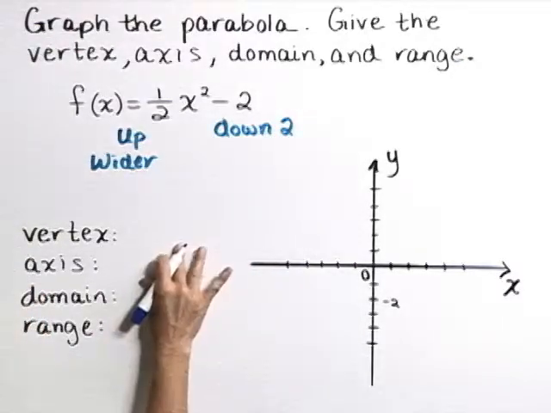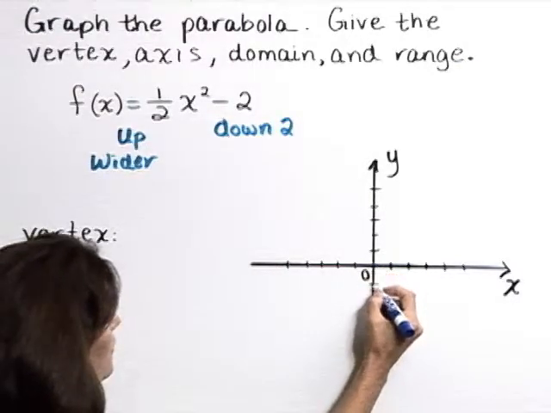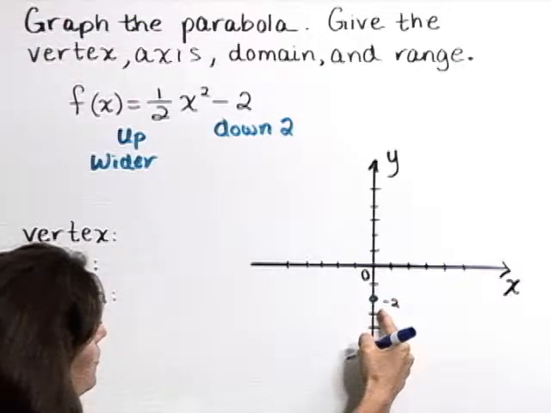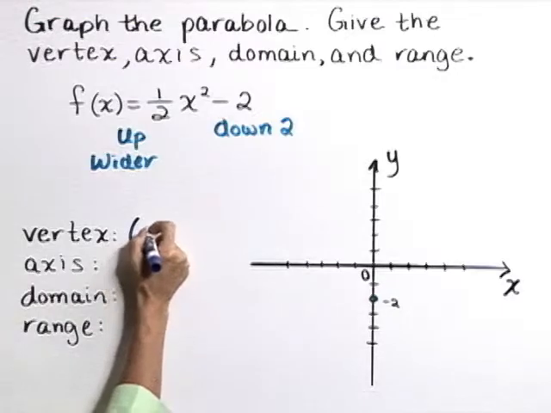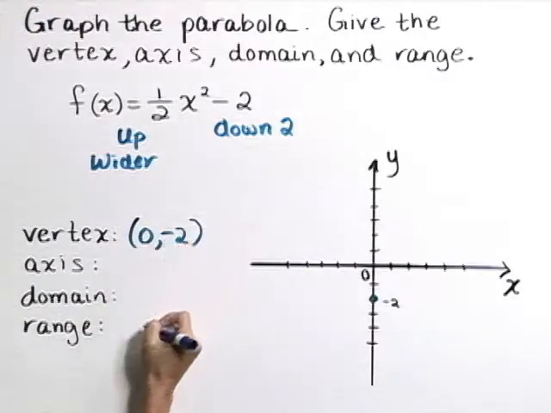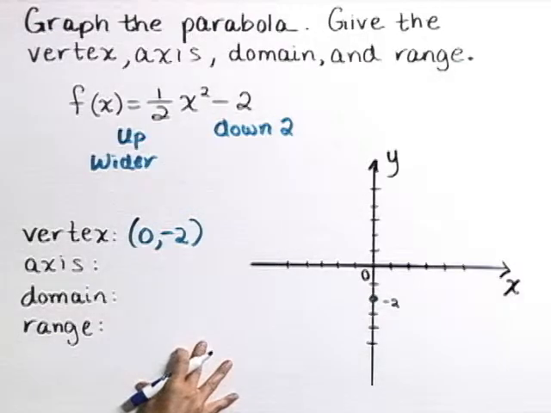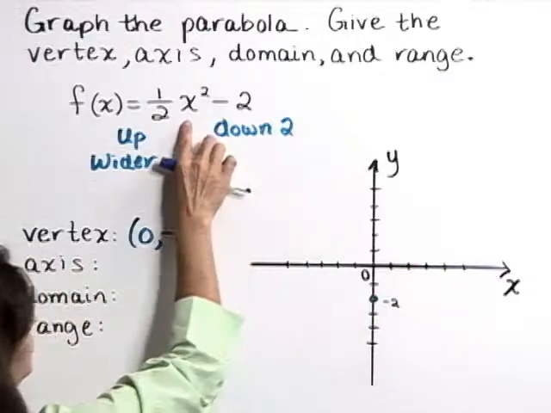And by that I'm talking about the vertex. So instead of the vertex being at the origin, it's going to be right down here at this point on the y-axis, 0, -2. So let's make a note of that right now. The vertex, 0, -2. If we find, say, another reference point on this graph, if x is positive 2, 2